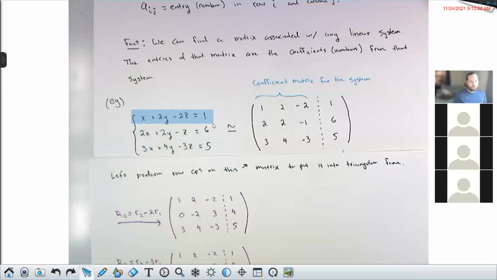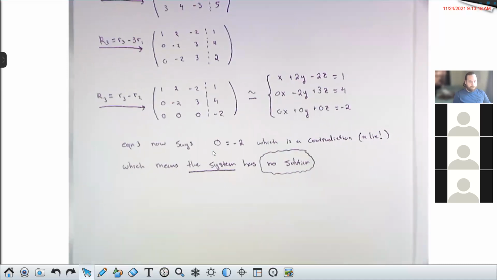So for example, this first equation, if I plug in 1 for x and 0 for both y and z, this first equation is true. So 1, 0, 0 would be a solution to this first equation. But that does not solve the other two equations. So it's not that none of the equations have a solution, it's that the system as a whole has no solution, meaning